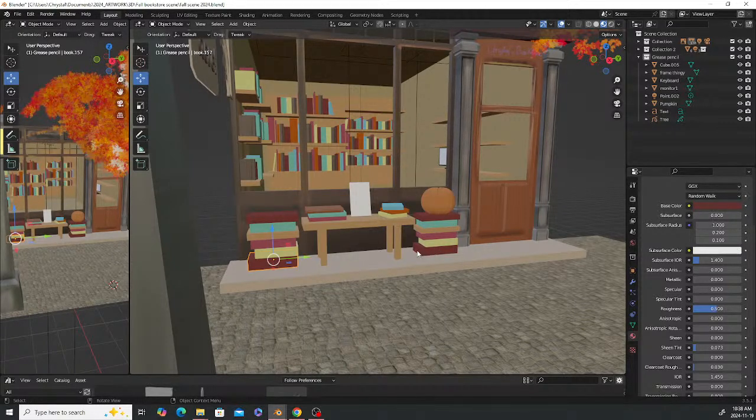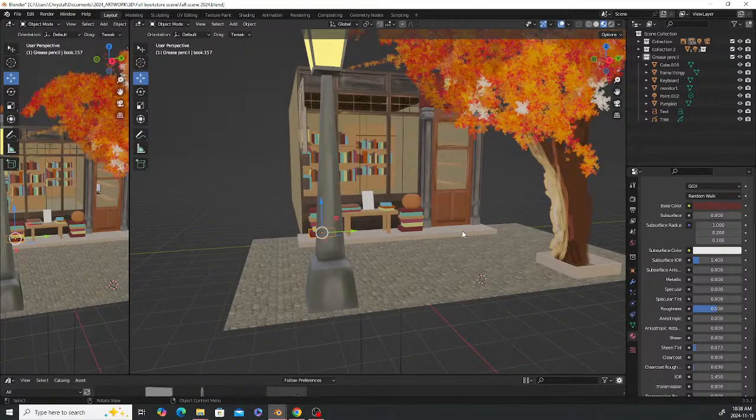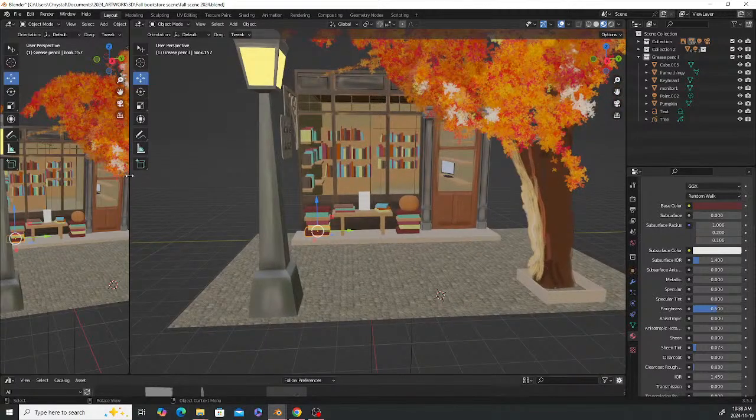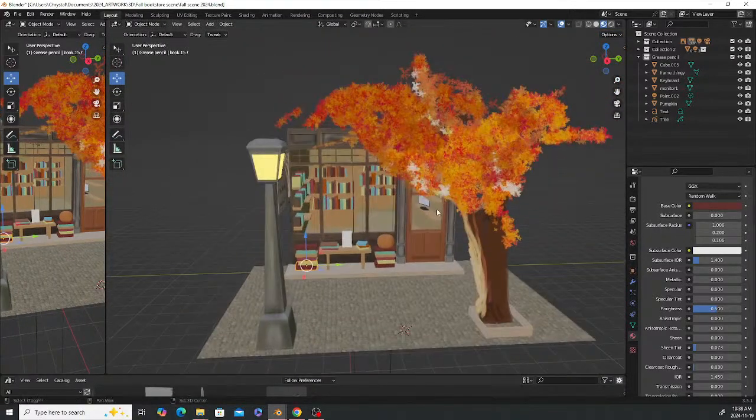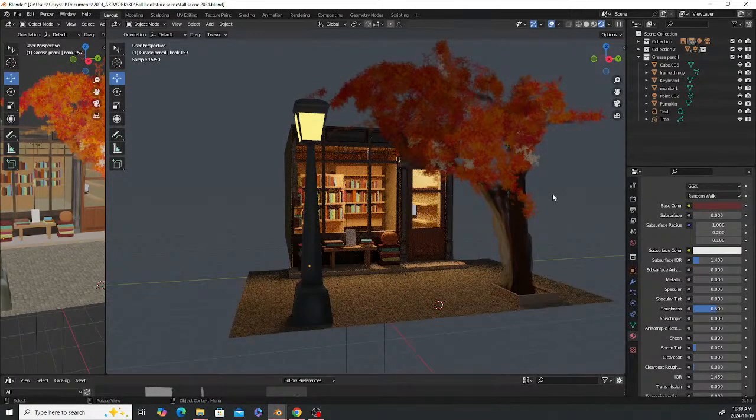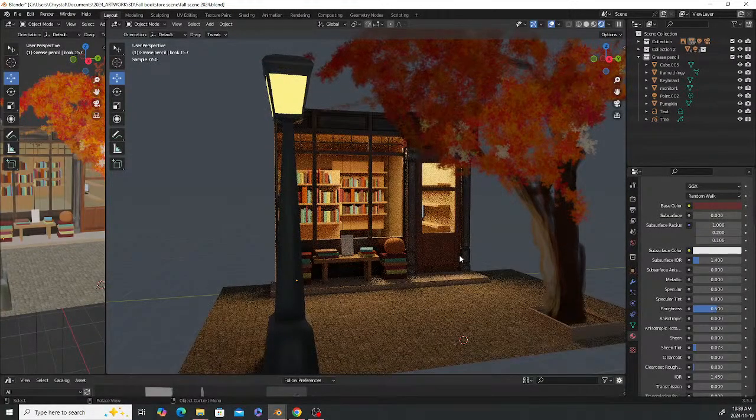Trying to work on the last few additional details to my scene here. So this is what it looks like at the moment. It's just trying to make it finally come together. That's basically it. I added sidewalk here, or at least the texture for the sidewalk, and I might add